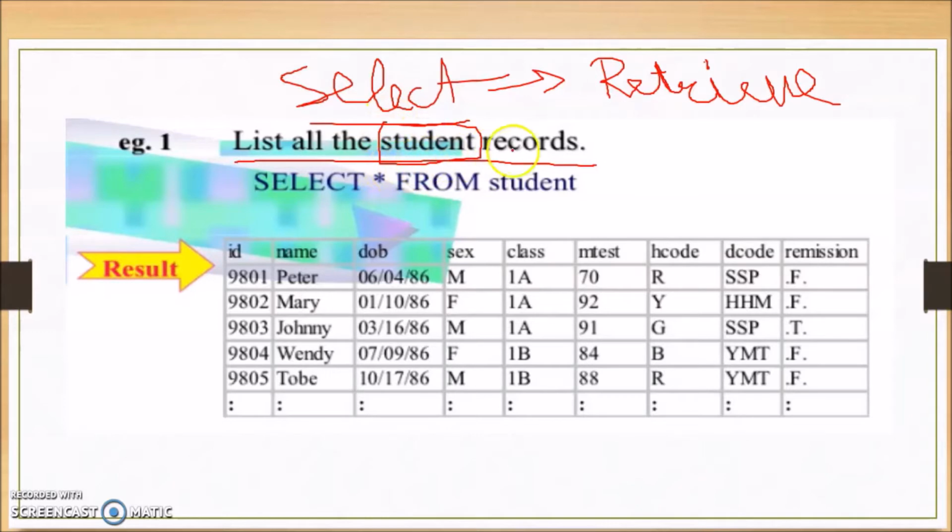Now with the help of this example we would be seeing how to get the complete table data, how we can extract the complete table data. The query to write it, the solution to the above query, is select star from student. Here star means all: if I want to extract all the data, I would use the star symbol. So it represents all the data